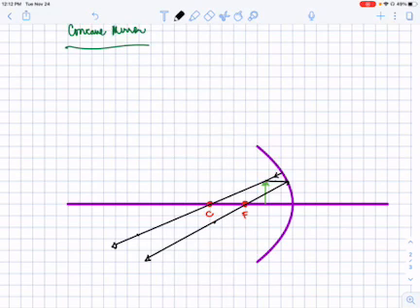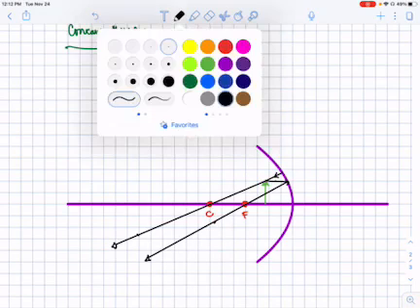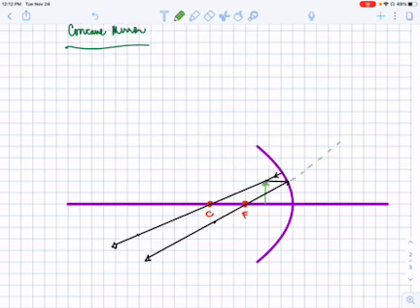However, we can extend those lines backwards on the other side of the mirror. Okay, so we will extend. Let's try to use broken lines as tracing lines. We will extend. Let's assume that that is straight. Okay, and then the other line there. So we extended the line. Those lines do not cross on the opposite side of the mirror, wherever those lines cross now on the other side. Okay, so we have here where the image is.